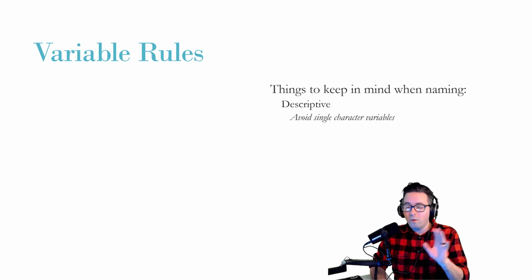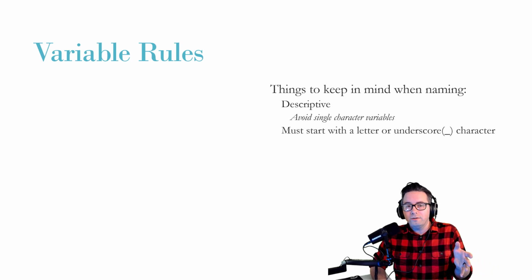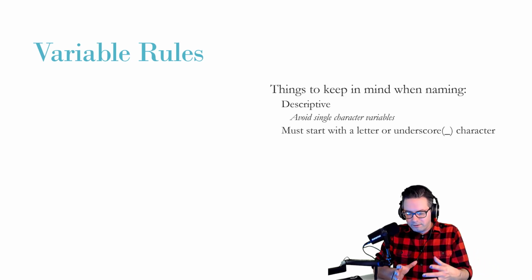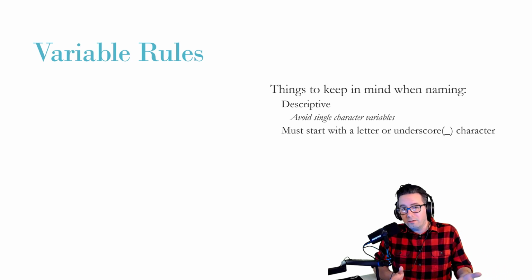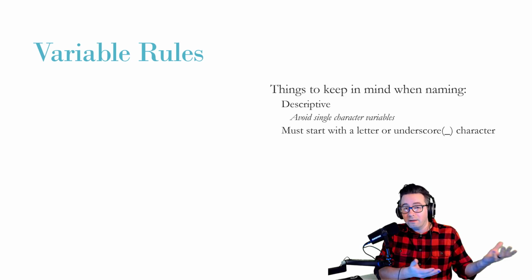But what we're doing in the beginning is not one of them. The idea is you want to be able to see the variable and know how it's being used. And when you have a single letter or single character variable name, it's not very helpful. Like, what does X mean? What does Y mean? What does any of those mean, right? So that's why we use, like in the first